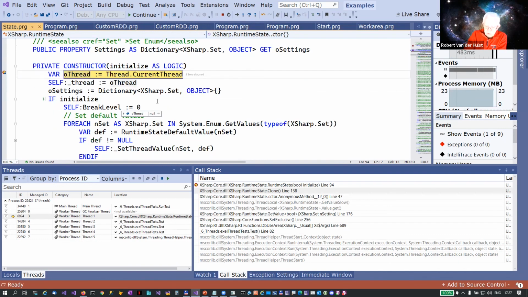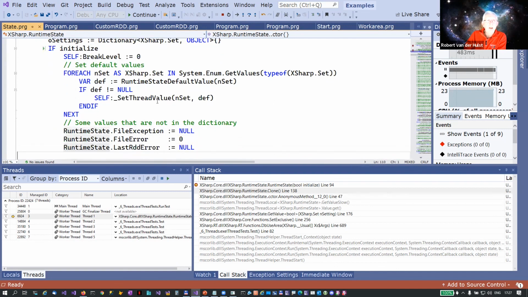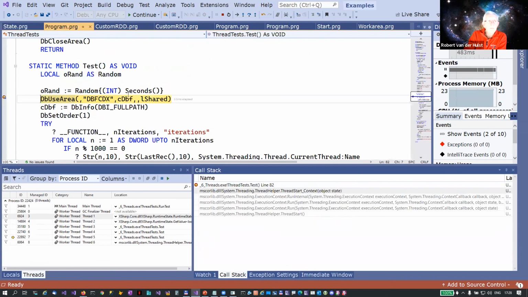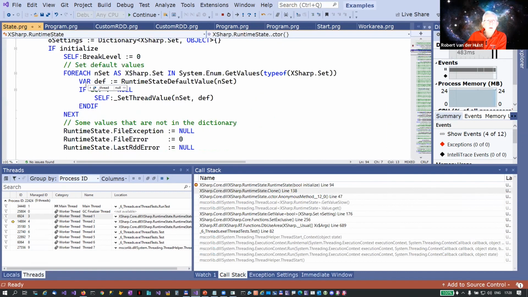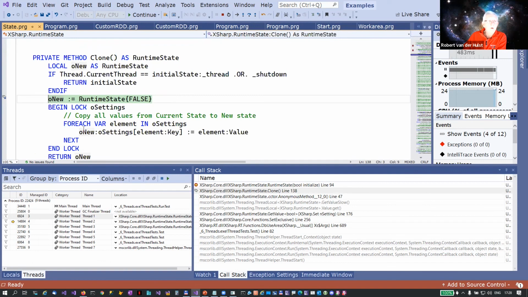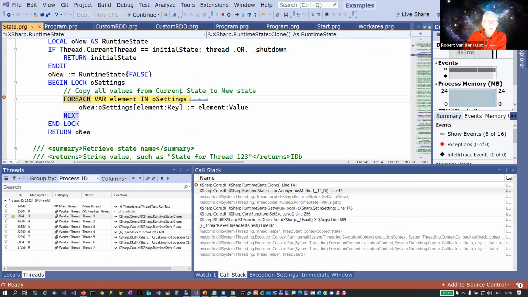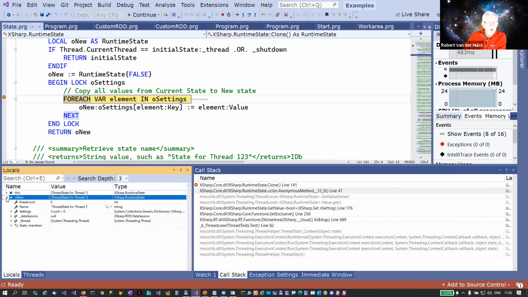So this new runtime state gets a new collection of settings, and this collection is copied. Let's look at it over here. Okay, over here you see that it copies basically all the values over from the main thread into the new thread. Now it's a bit of work, but in this object you see this is the main thread and this one is number 3. It will then register the work areas, data session. At this moment, there's no data session yet, but if we go to